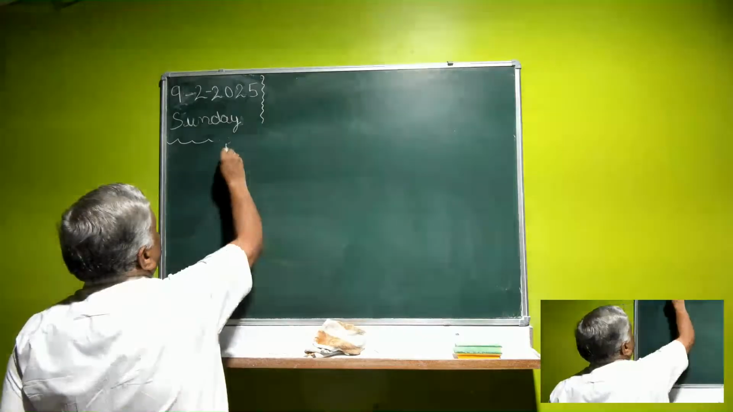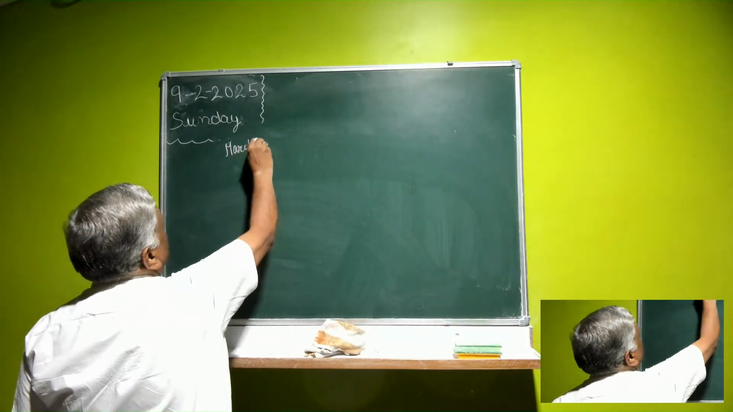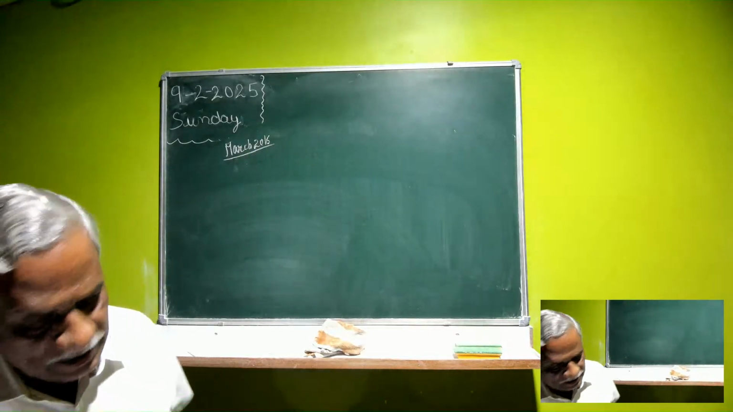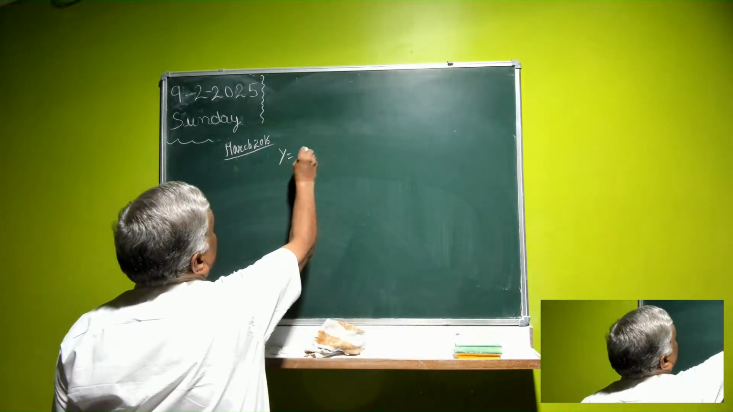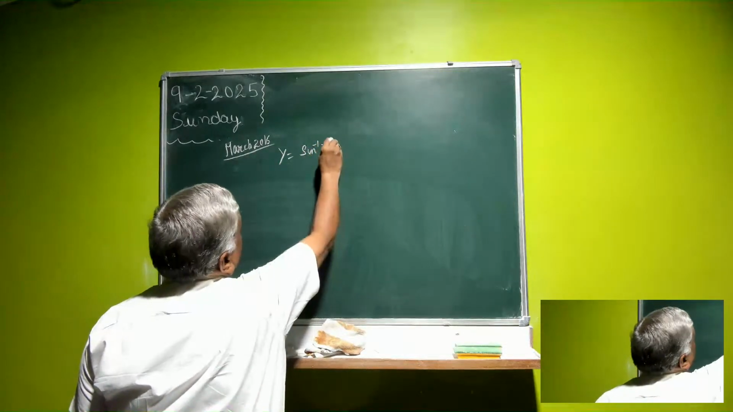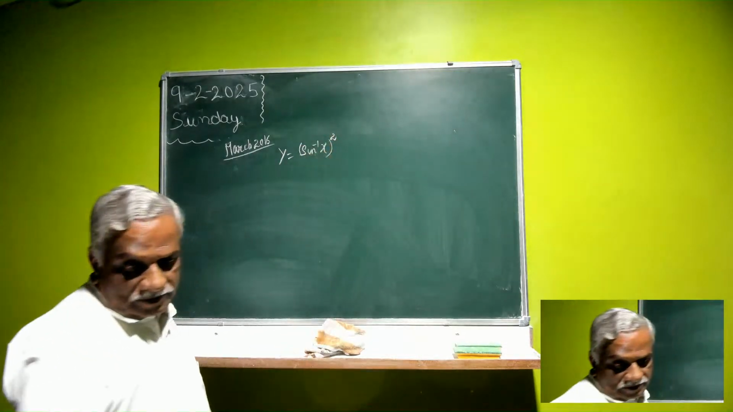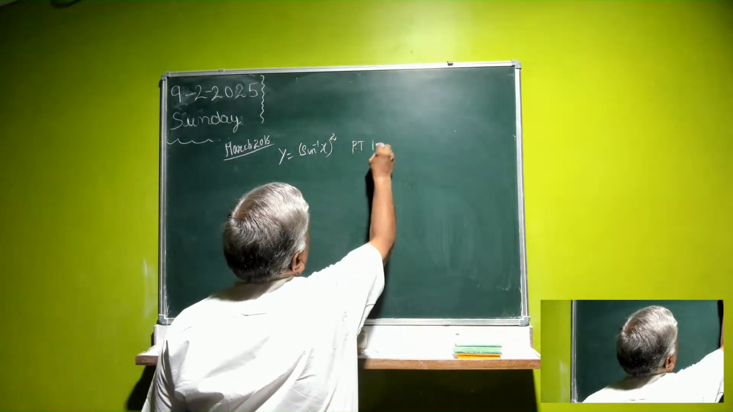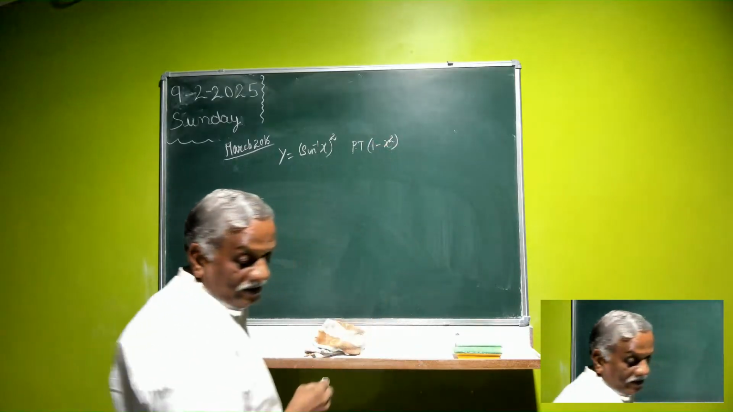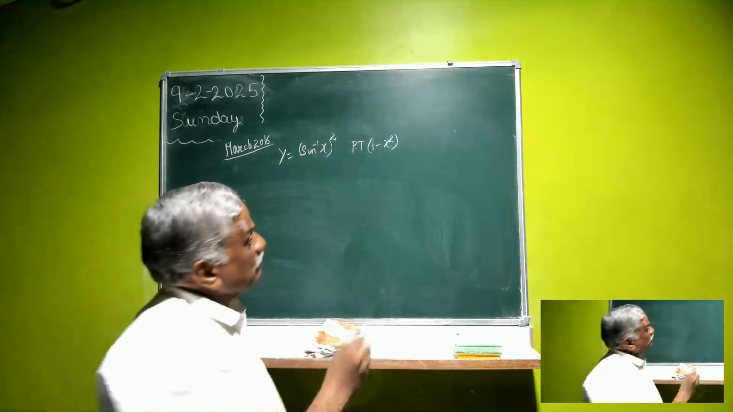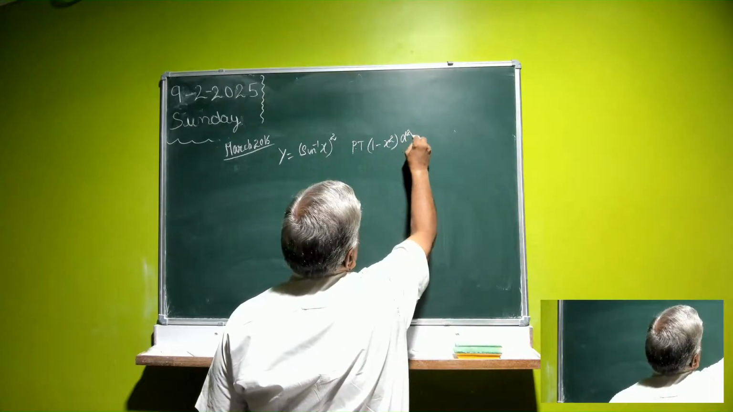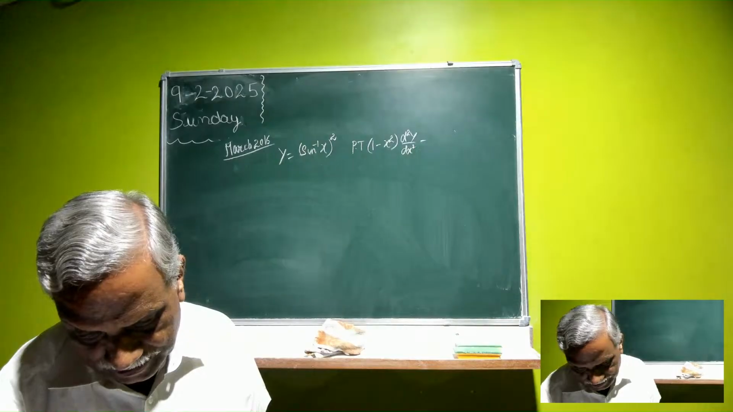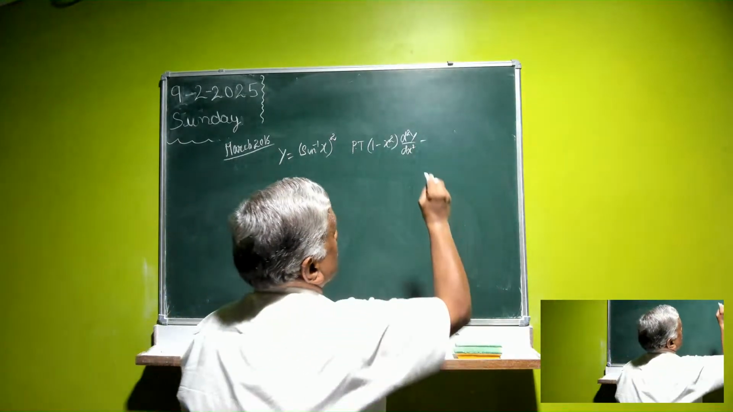March 2016 paper. Y is equal to sin inverse x whole square. Prove that 1 minus x square into d square y by dx square minus x dy by dx